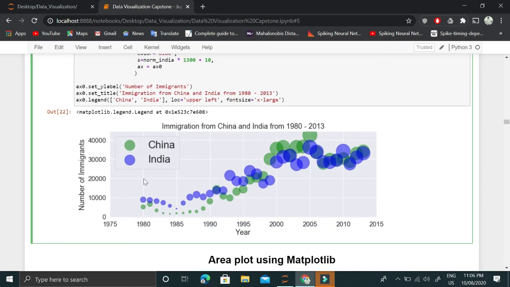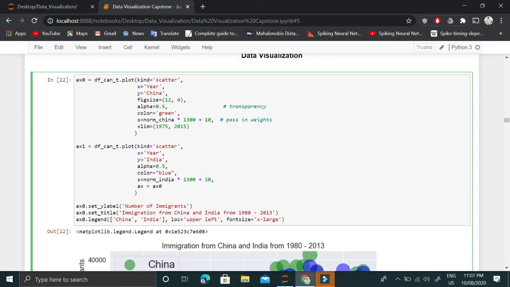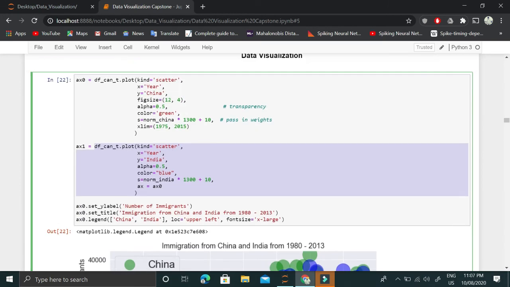Because on this figure, we want another bubble plot for India, and all of the details are almost the same, but one of the details is that this second plot for India should be plotted on this base plot, and this base plot is stored in this variable x0. So this is the simple explanation. And we also store this whole plotting of both China and India in this x1. The handle is given back to this x1.